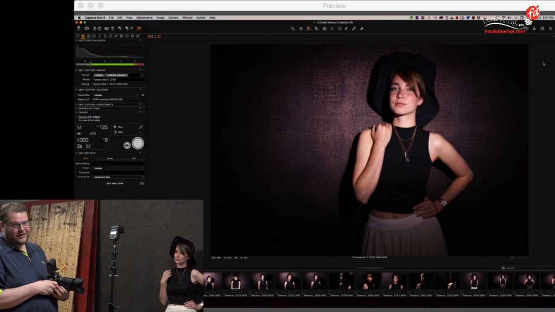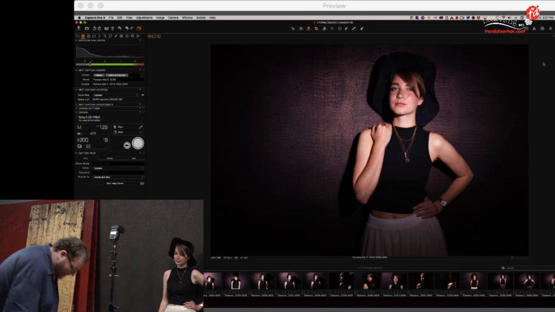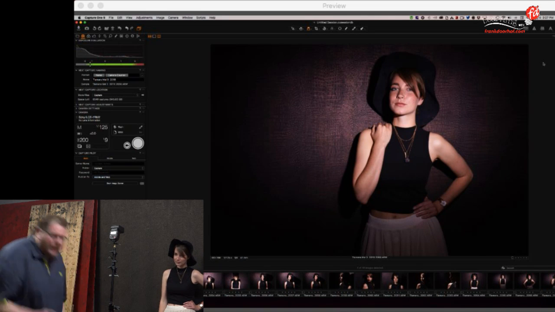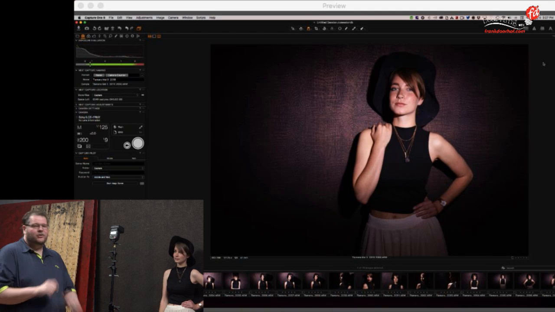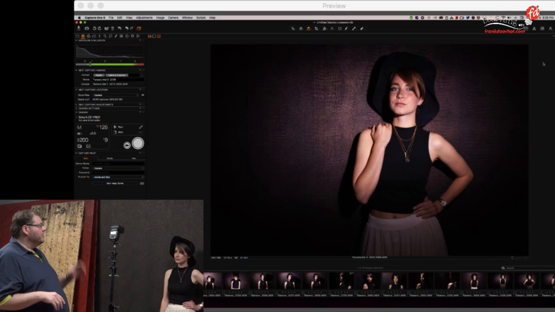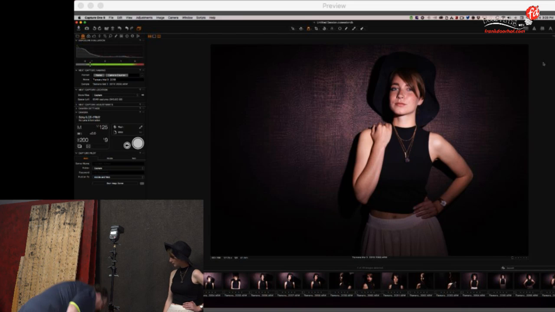Now, how can you do that with the flash bender? A lot of people ask me. Well, now it gets really interesting. From the flash bender, you also have the snoot with a grid. You can really pinpoint your light with that. But let's say you're at a wedding and you only brought the flash bender. Of course, you brought the Frank Doorhof flash bender because that's the one you need. Now, the problem is,